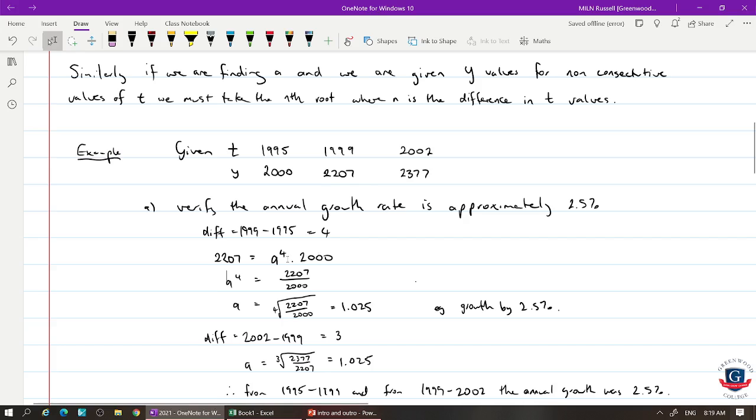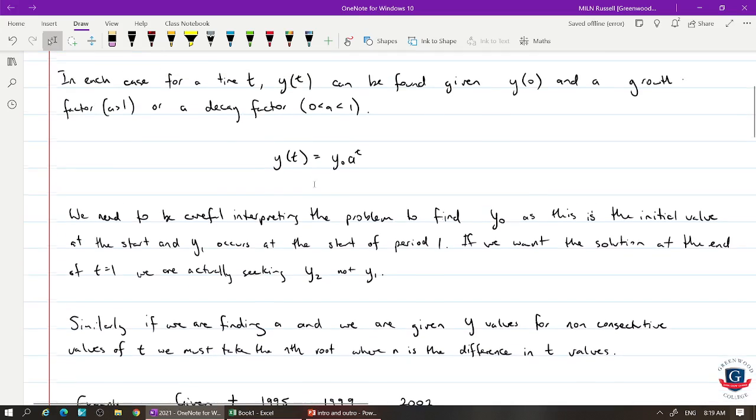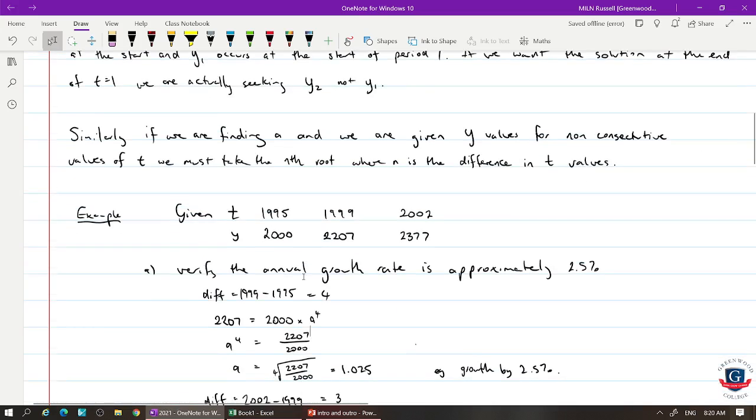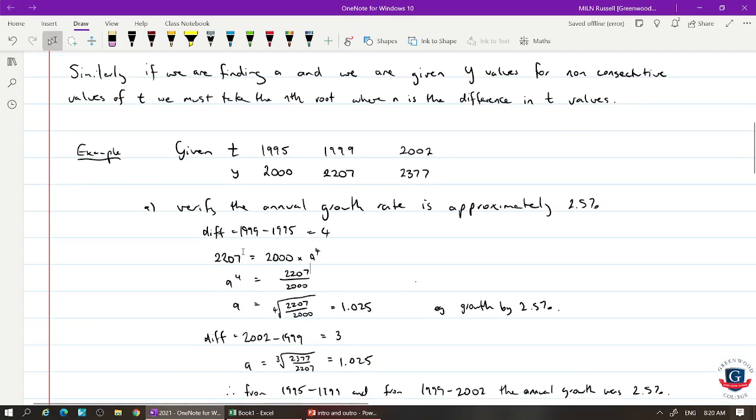And this is probably back to front to how we'd normally see it. We'd see it as 2000 times a to the 4. Okay, so that formula there is just this one up here. That's the finishing value, that's the initial population, that's the growth factor, and that's the period of time. So we know that after 4 compound growths,